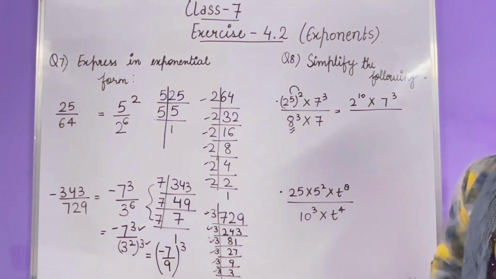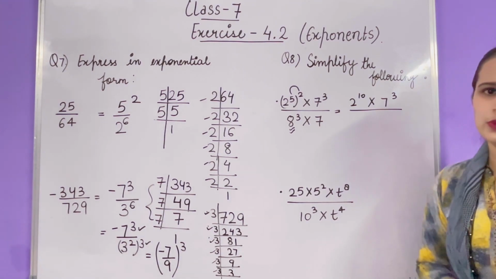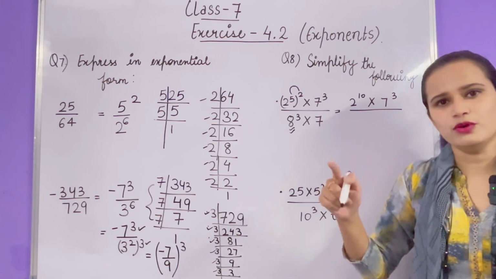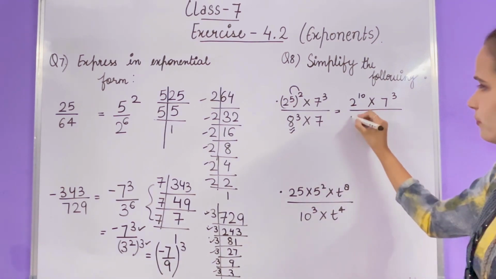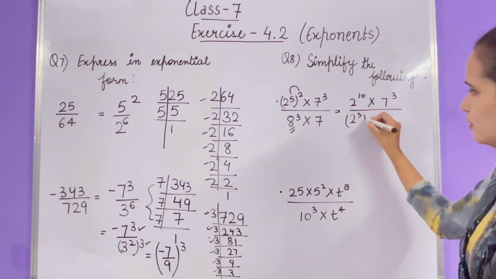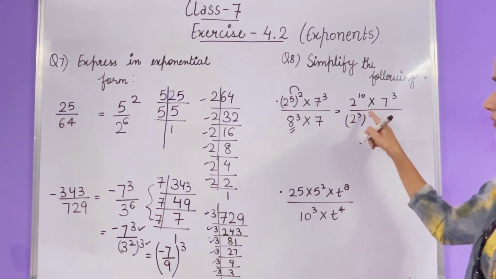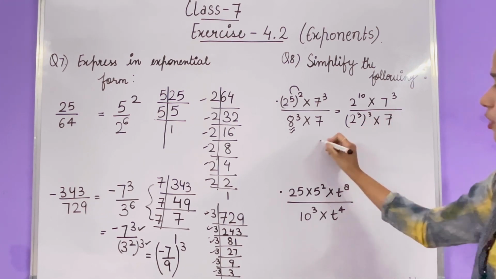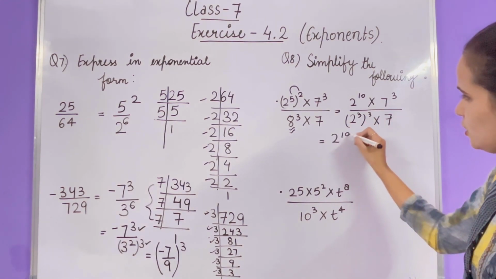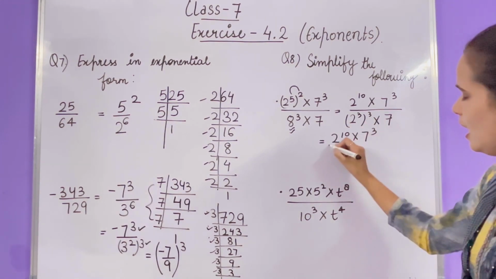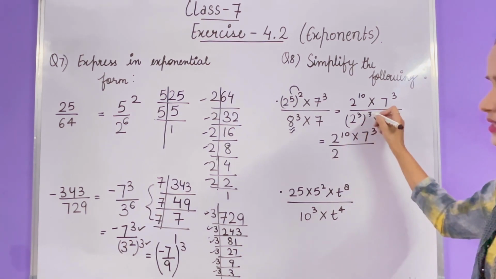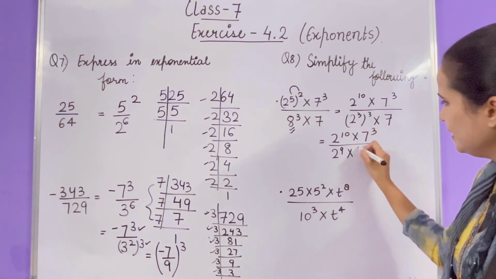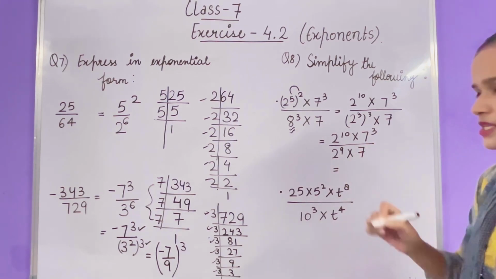Now this 8. When you take the prime factors of 8, you will see how many times 2 comes? 3 times. 2 2s are 4 and 4 2s are 8. So what will we write here? 2 to the power 3, and the whole power will be 3 only. This power we have written here. Then we will write 7. Solve this: 2 to the power 10 into 7 to the power 3 upon 2 raised to the power 3 3s are 9. So we will write 9 here, multiplied by 7. Now simplify this further.